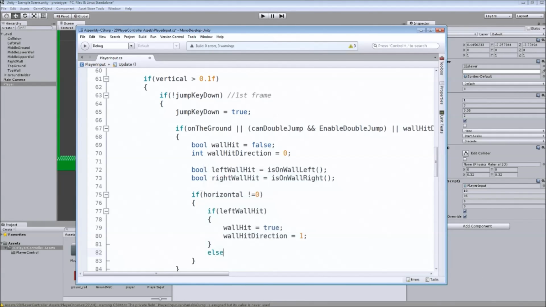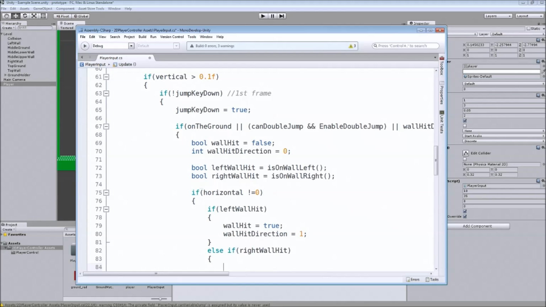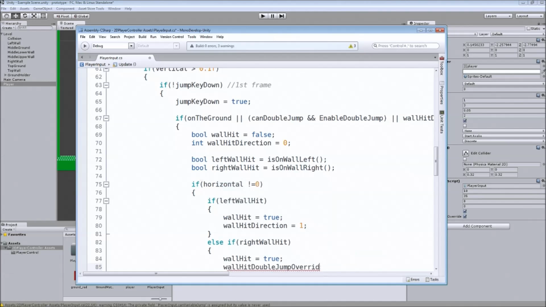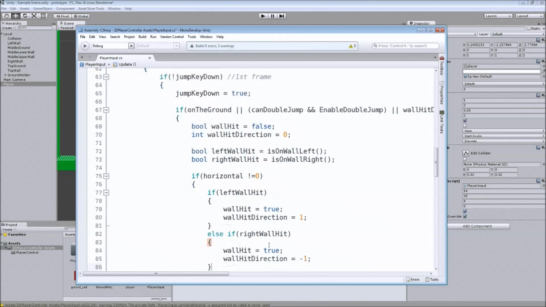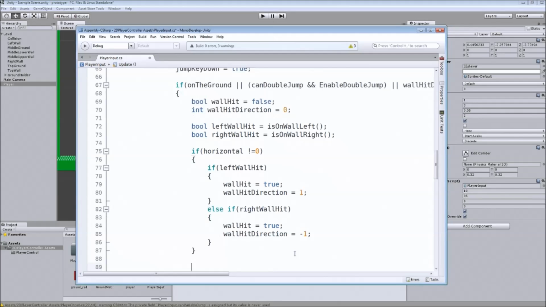Now, else if there is a right wall hit, our wall hit will again be true and our wall hit direction will be -1. So now, if there is not a wall hit,